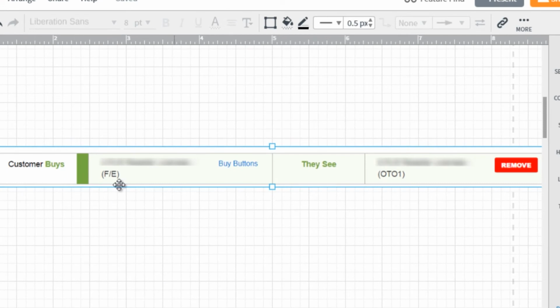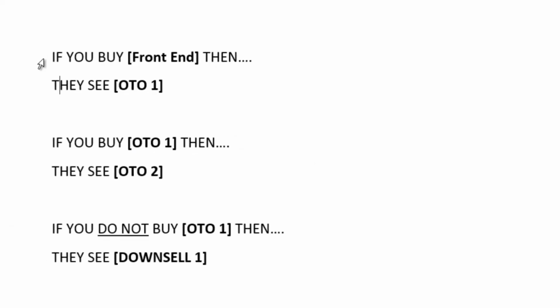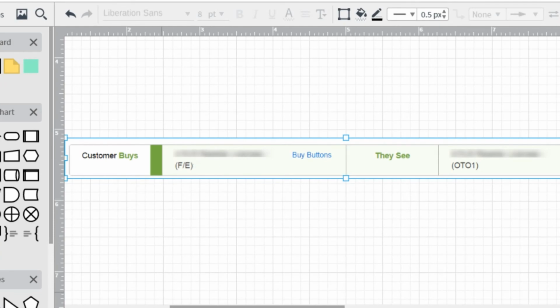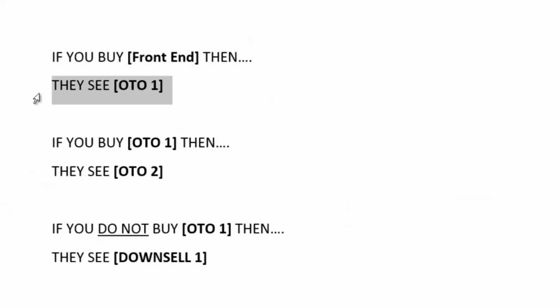So referring back here, it says customer buys front-end product, which is going to be this product. So you're going to see this here. Customer buys whatever product that you select, and then they see this product. So now JVZoo is going to give you the option to choose a product here. So if we refer back over here, if you buy front end, which is this one here, then you see